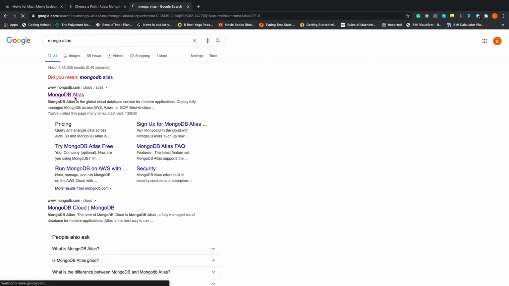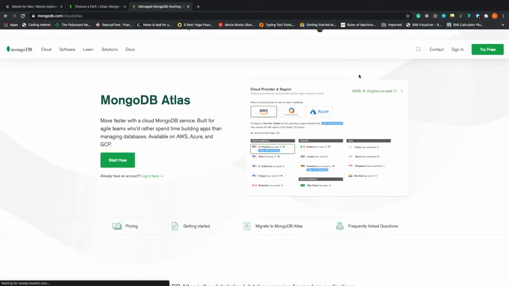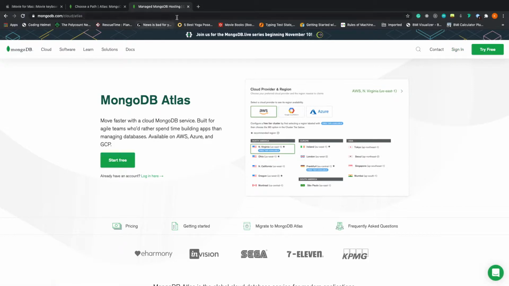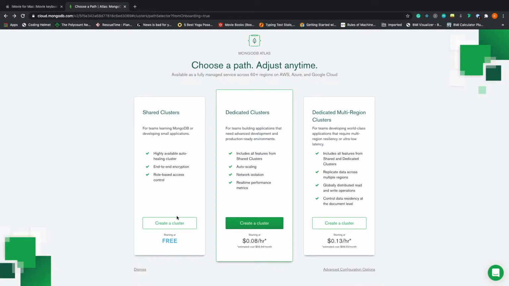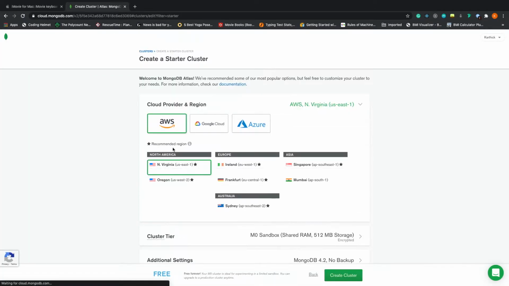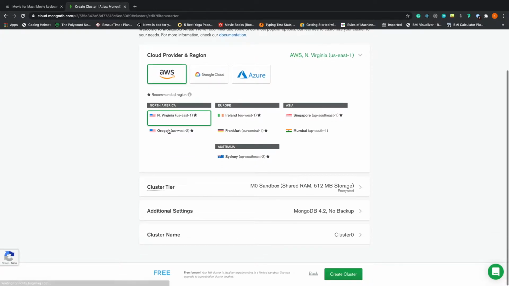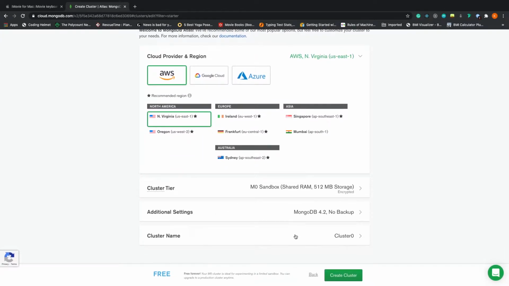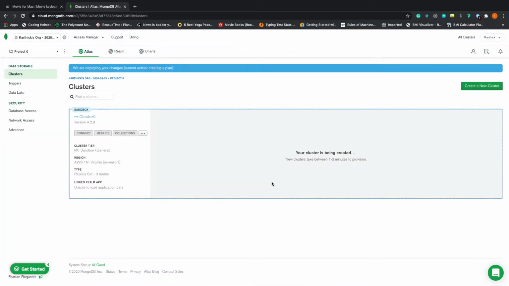And click the site and sign in. I have already signed in here. So click on create a cluster. AWS is fine, and create cluster. These are the default configuration for a free